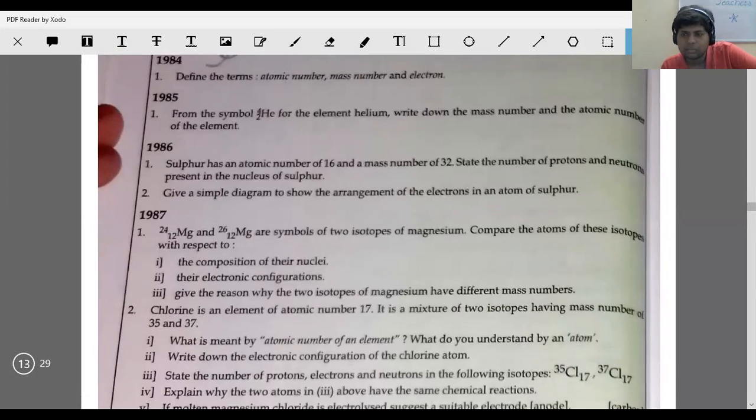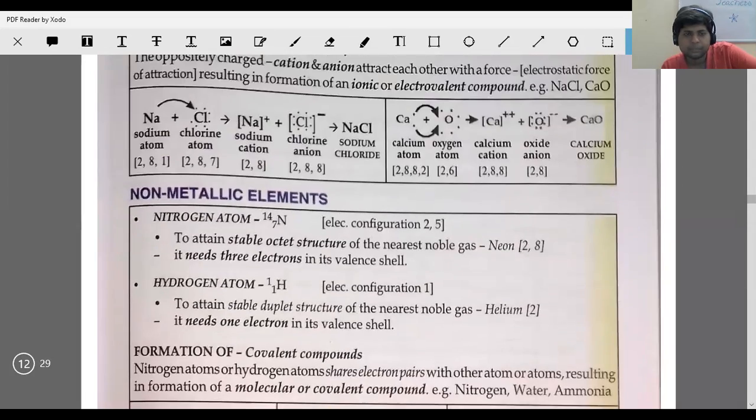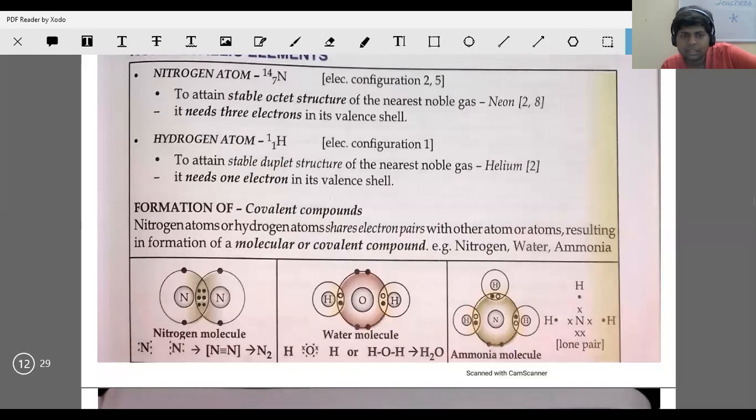Here it is shown how the atoms are sharing electrons. For example, in the case of nitrogen, how many electrons does nitrogen have in the outermost shell? 5. So 3 electrons are going to overlap, so it is going to have an octet. That is how it forms a triple bond in its own molecule.